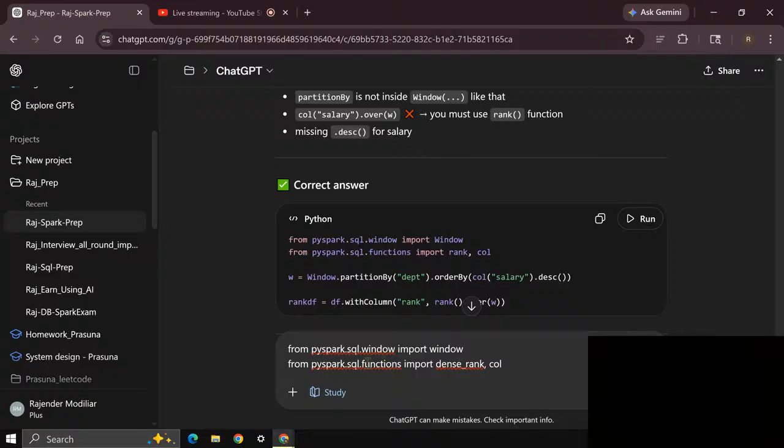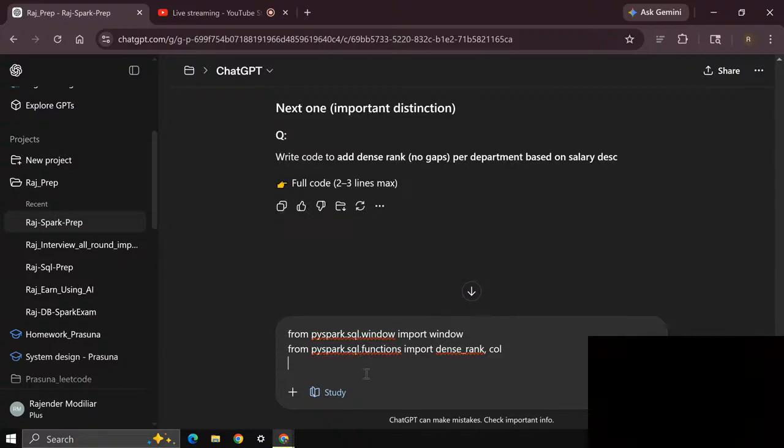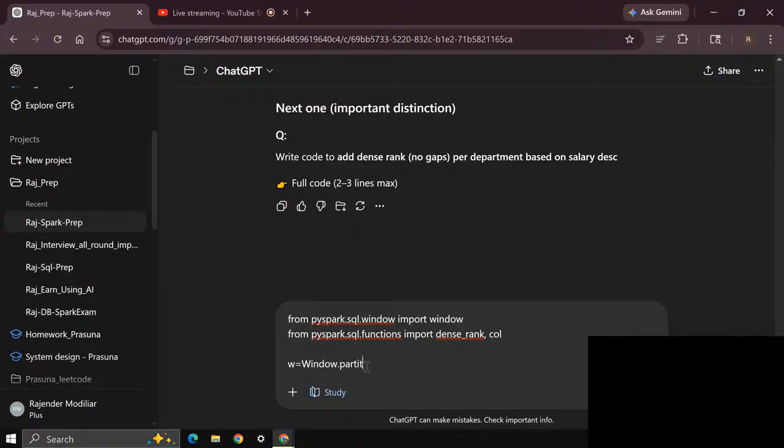w equals Window dot partition by dept dot order by salary.